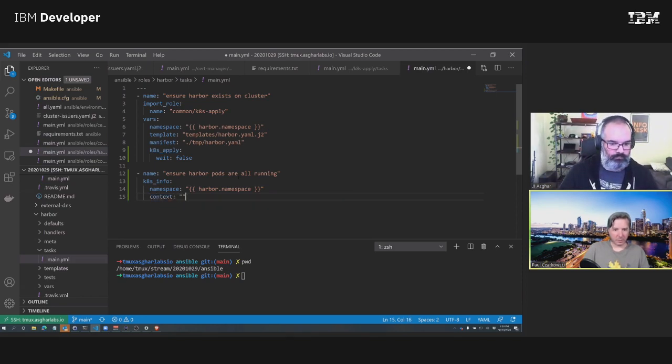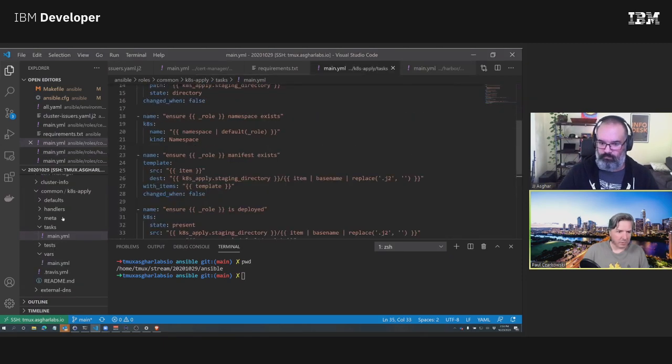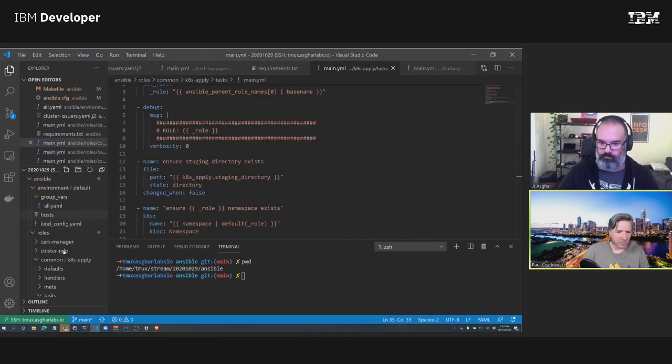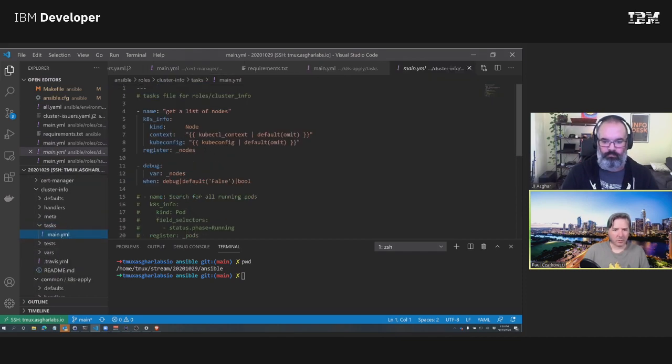Context. Let's just grab, we've got cluster info in here. No, cluster info. Let's grab that.